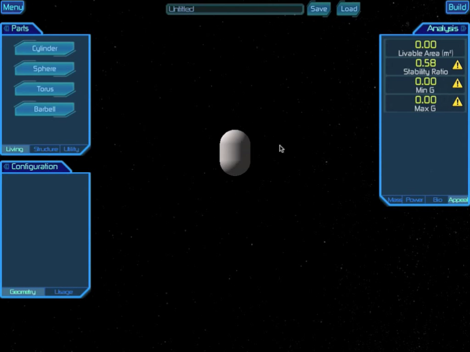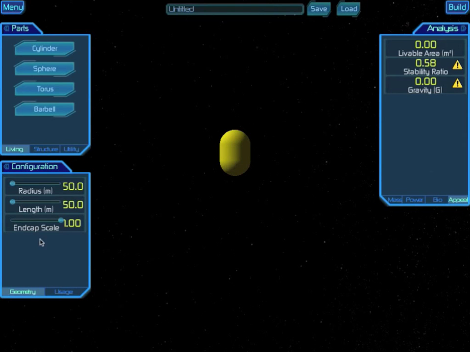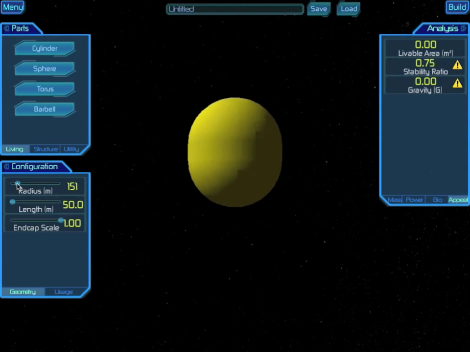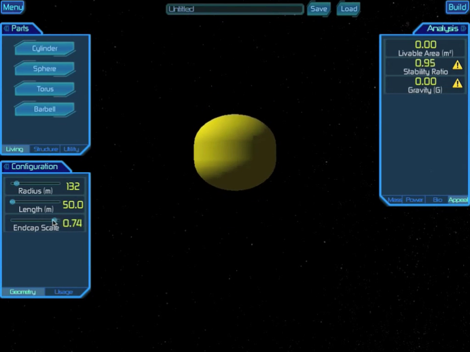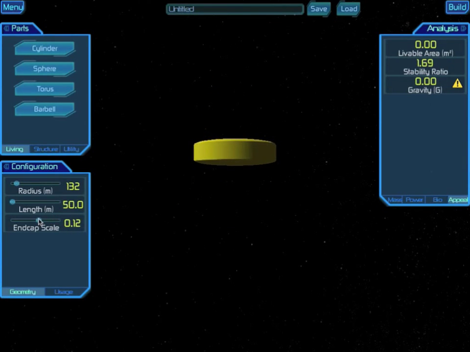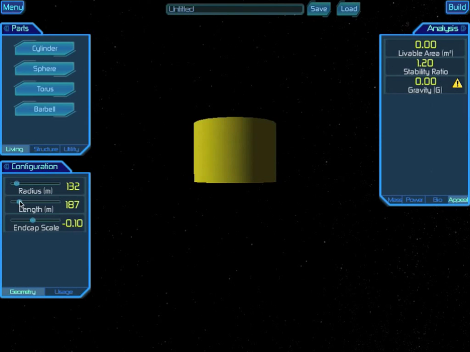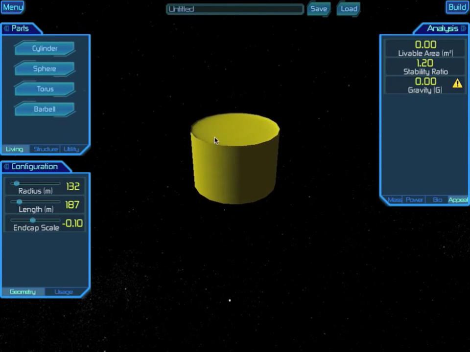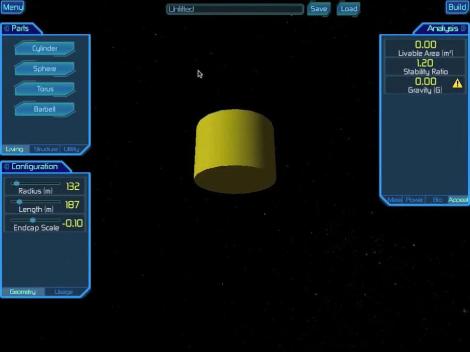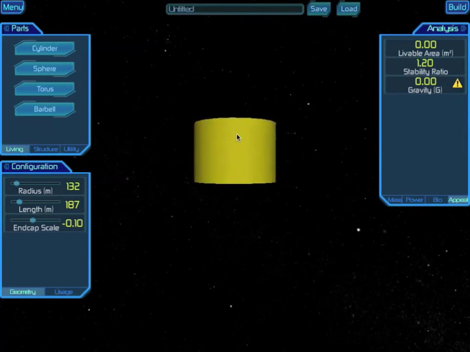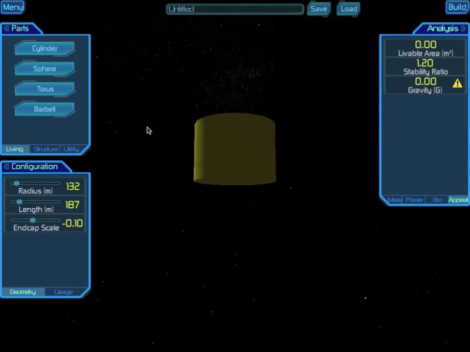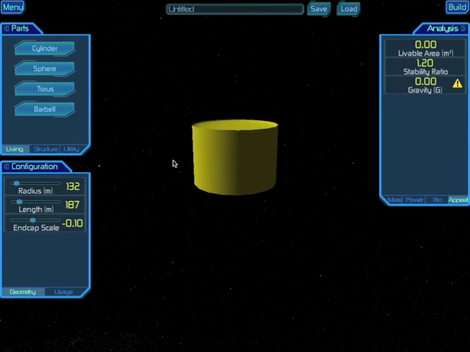To fix it, keep your eye on that stability ratio while you adjust the geometry of the cylinder. I'm going to make this cylinder a bit fatter, and I'll flatten the end caps. In fact, I'll invert them a little bit. That makes it a lot more stable, so then I can make it longer. I should explain about the camera controls. By using the right mouse button and dragging, I can move the camera around and sort of pan around my